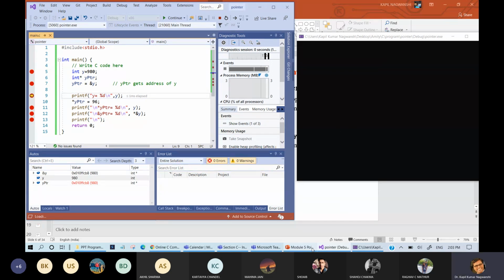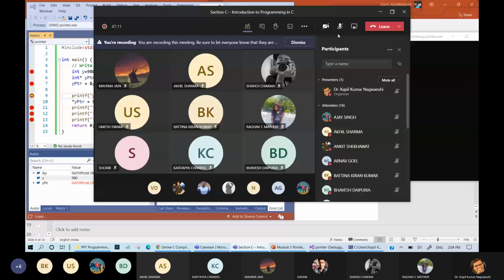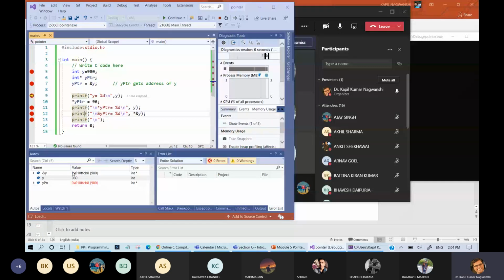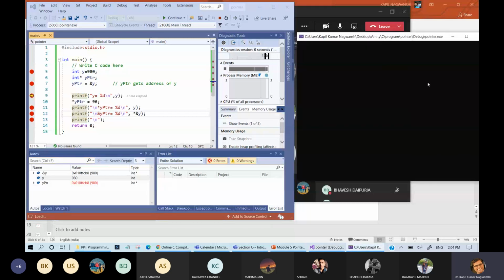Now what is the value of y? Give me 1 more second. So here you can see, in this current state it will print nothing, it only reaches the printf, and now y equals 980 will be printed.